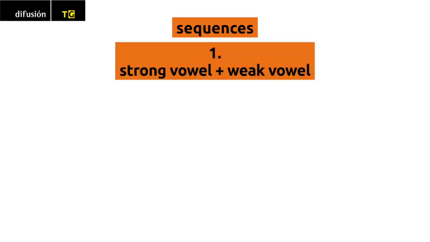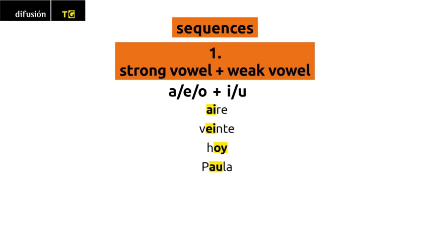The strong vowel can come before the weak vowel, A, E, O, plus I, U. Aire, hoy, Paula, Europa,